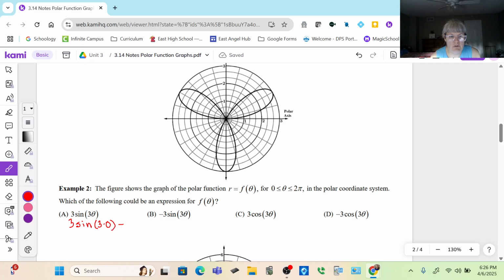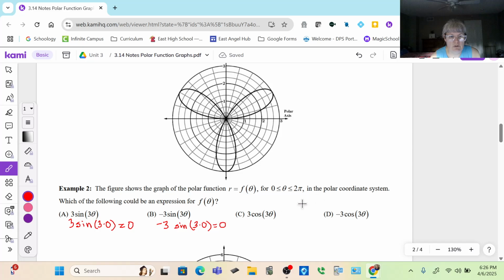Sine of 0 is 0. So that's going to be 0. Likewise, negative 3 times sine of 3 times 0. Get rid of that parenthesis. I don't want to have too many of them. 3 times 0